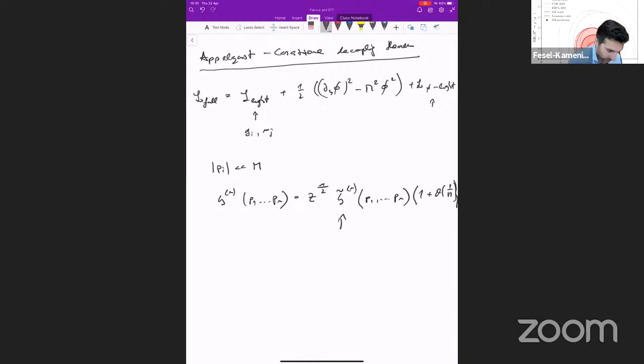Now, this Green's function is in fact computed using what we call the effective Lagrangian, which is the Lagrangian of the light degrees of freedom, however, with a twist, that's why we put a wiggle on top: this is a renormalized Lagrangian. Namely, it does not depend on g_i and m_j, but it depends on renormalized couplings, g_i tilde,